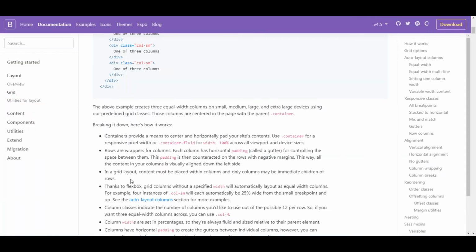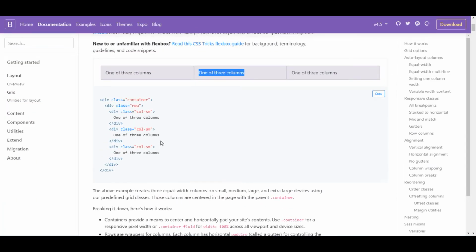These are the major uses of a framework like Bootstrap. The work is simpler than creating individual things. That's the main advantage of going with frameworks.